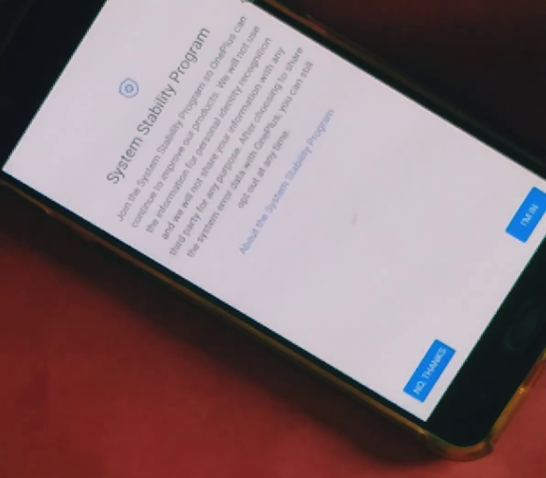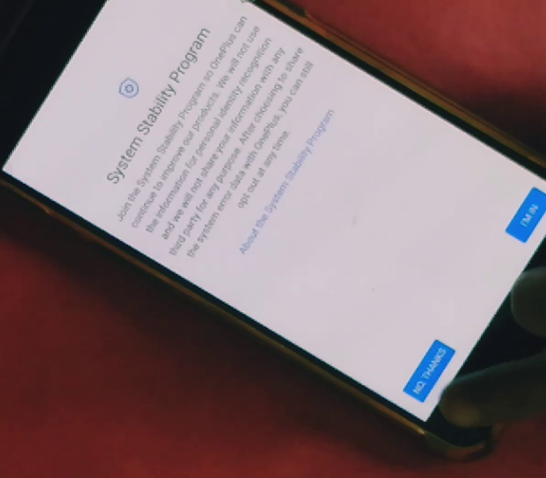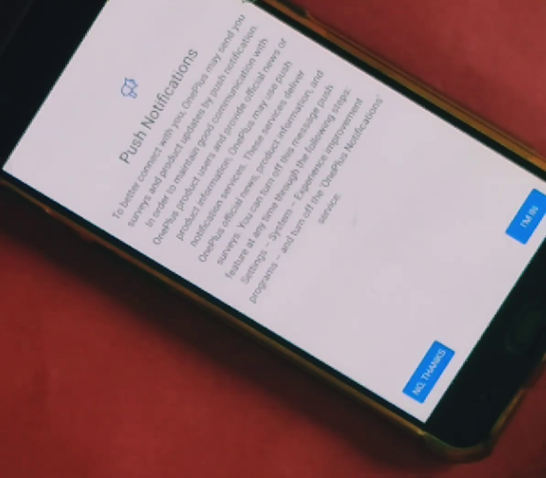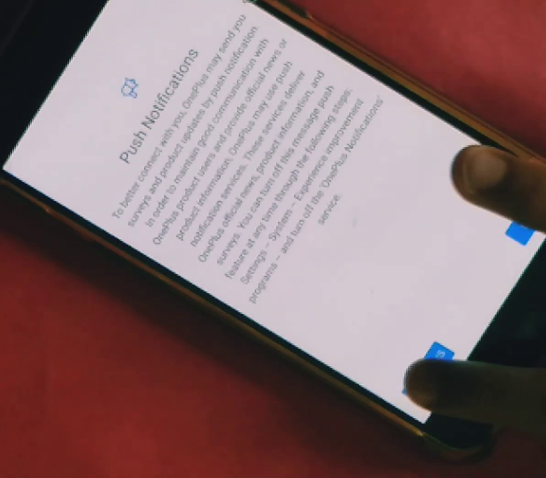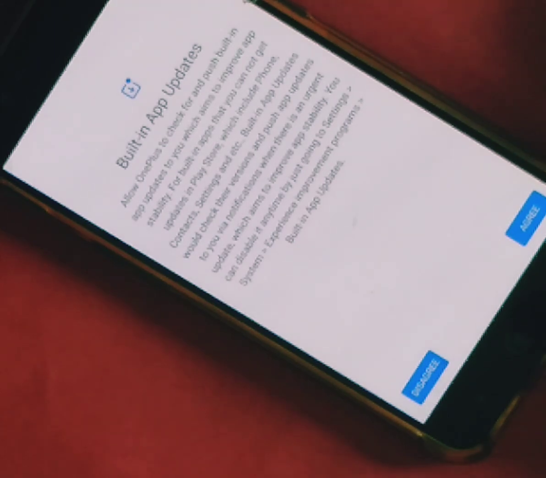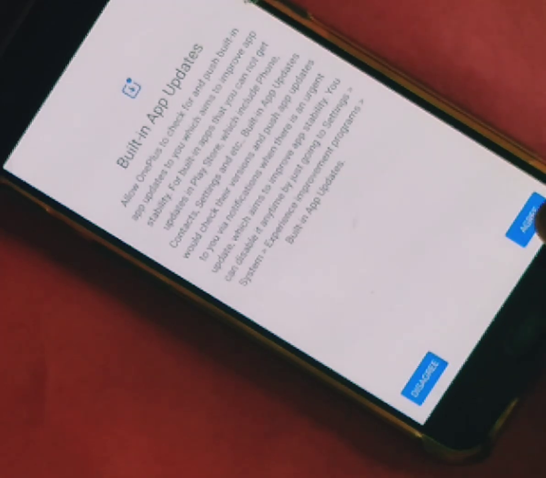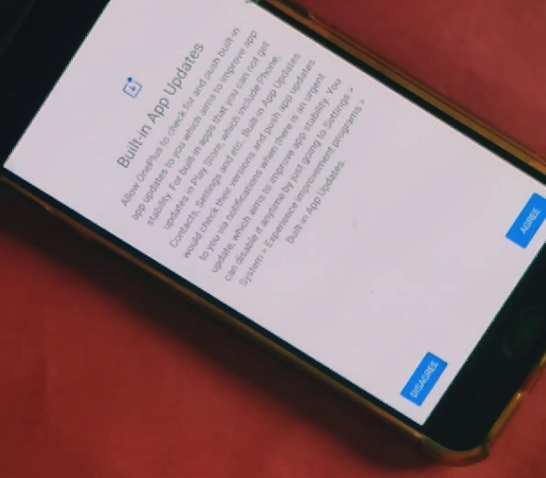This is a user experience program which will make that updated faster. There are so many stuff like this. If you're in, you can just put I'm in, or if you're not interested, you can just put no thanks. Will send you surveys, which if you want, so I'm just saying no thanks because I don't want that. And built-in apps include the app stability, which includes phone check there. Okay, so I'm just going to agree to it because they're saying you can disagree whenever you want.